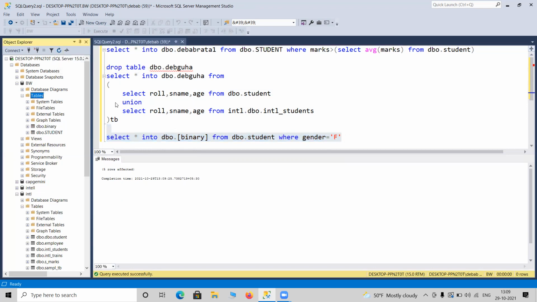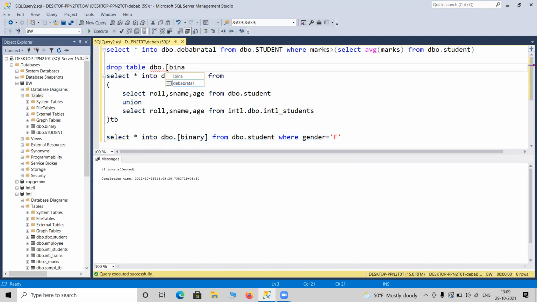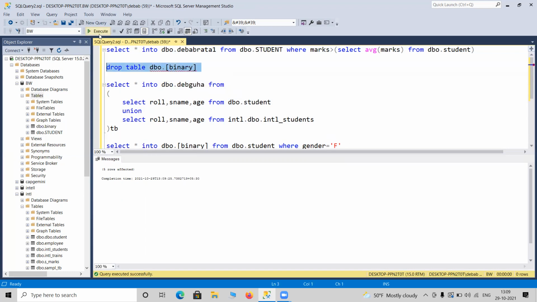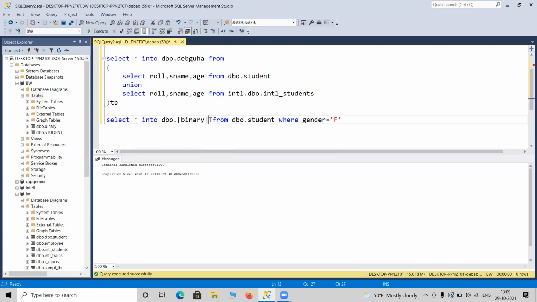First let me delete it, otherwise it will be occupying some space. There is no use of that. Now, if I want to store it on a temporary basis, I do not want it to be there throughout the lifetime. I just need it for a few minutes, until I am working in SQL Server.